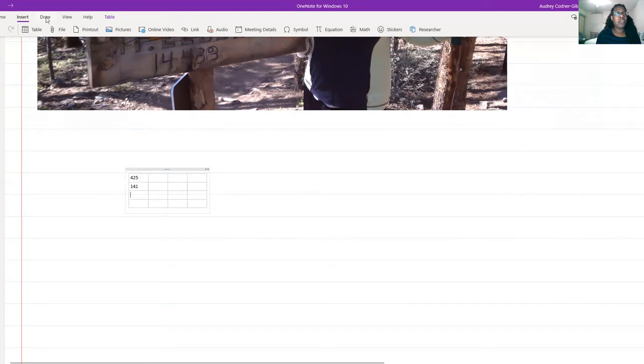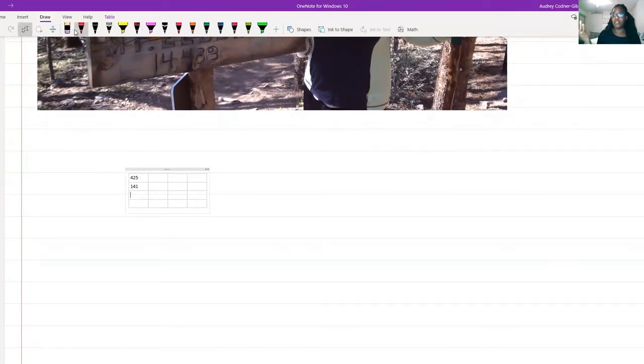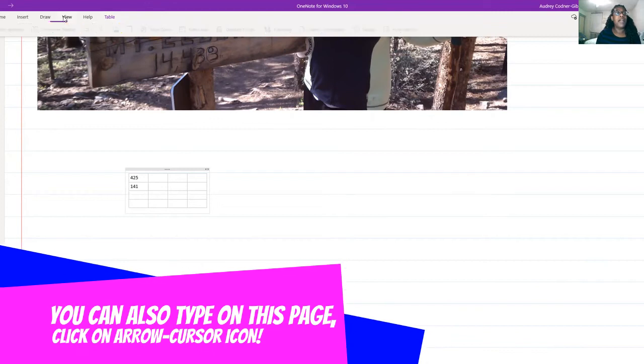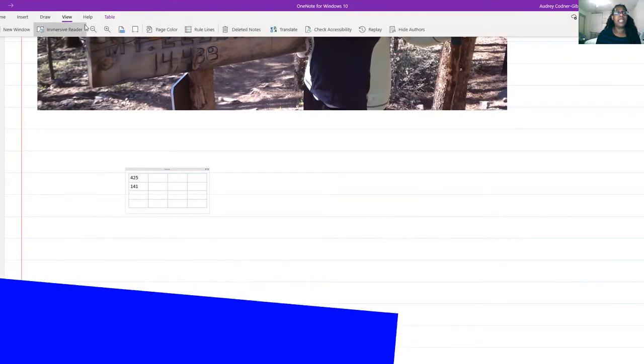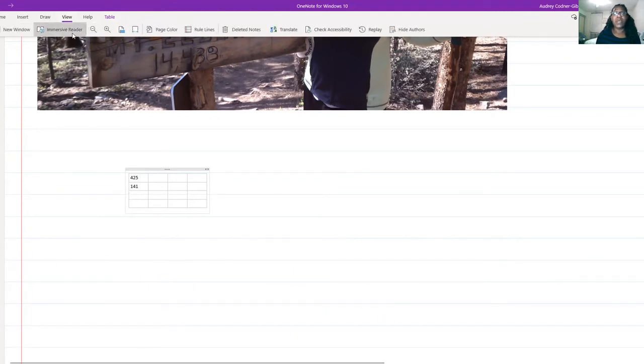Okay, so the draw tab will give me all my drawing, all my inks, writing with my pen, getting my shapes, getting my ink, all that. If I go to view, that will give me the Immersive Reader. So if you have someone that's special ed, and you know they're a little bit slower with the reading, or they want someone to read the stuff out loud, you can click it. Why are we not using OneNote? If you want to make it larger or make it smaller, if you want to zoom in or zoom out,